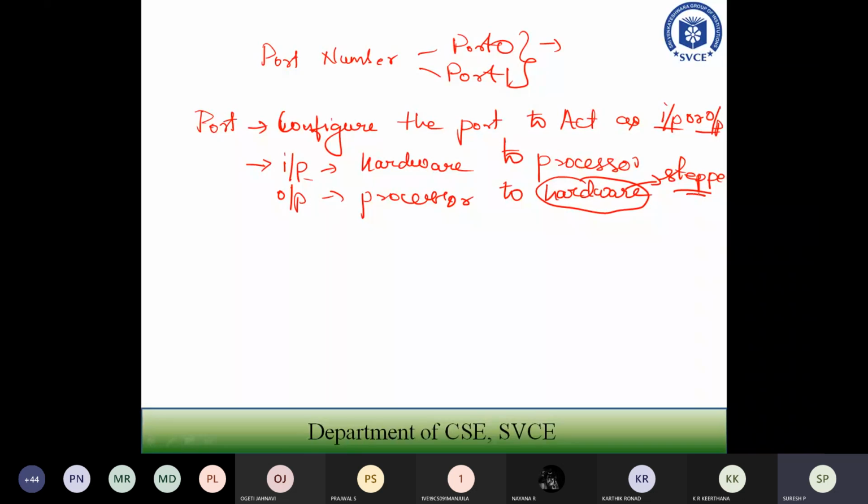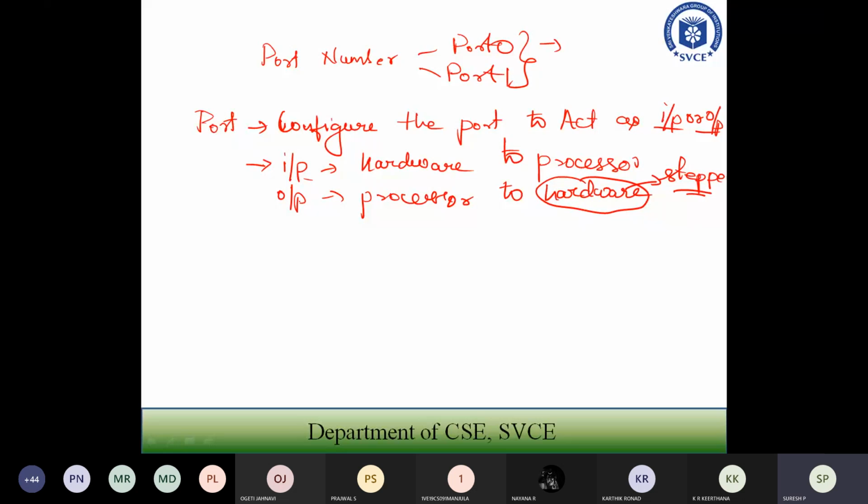But that is not the case when you are using a keyboard interface. When you want to get the input from the keyboard, then your port will be acting as an input port. At that time, the configuration will be different for that particular port. You should know all these things. Next, you are going to have the IO direction register.